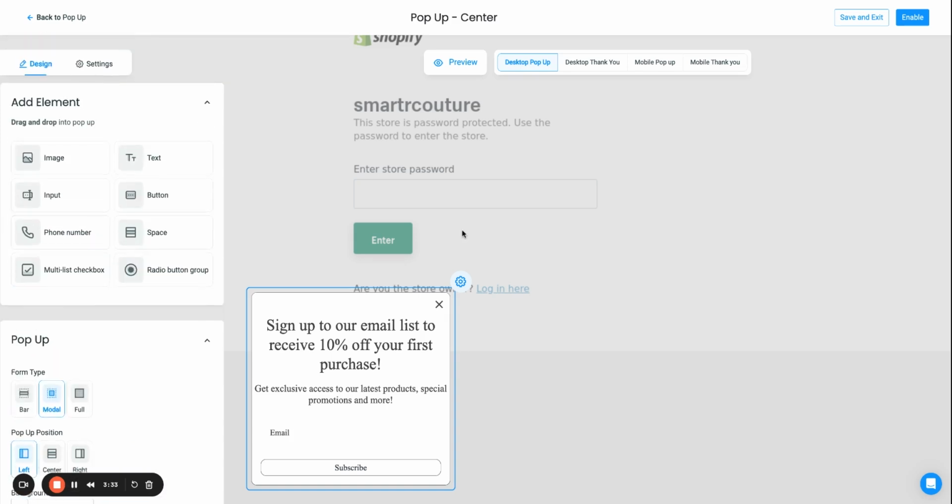You will also be able to customize your pop up to appear as in a desktop view as well as in a mobile view. It is always recommended that you design your pop up separately for a desktop as well as a mobile view, since Google penalizes websites who do not display their pop ups very well.